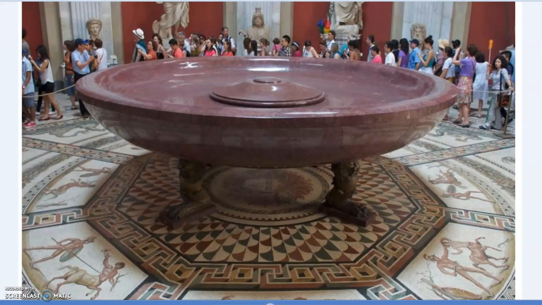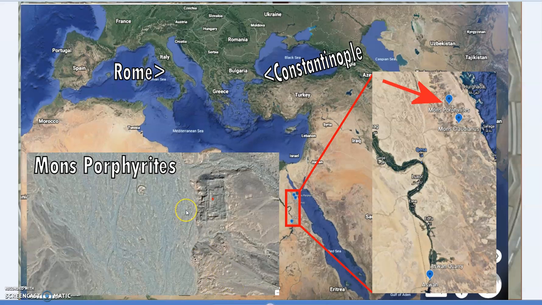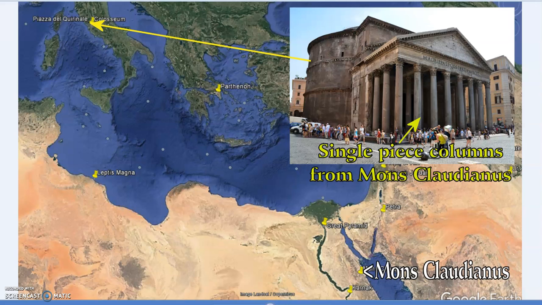But we come back to Mons Porphyrites and Mons Claudianus, and there's a very important feature I want to show here. For instance, you can identify the stone to the particular quarry because of a unique